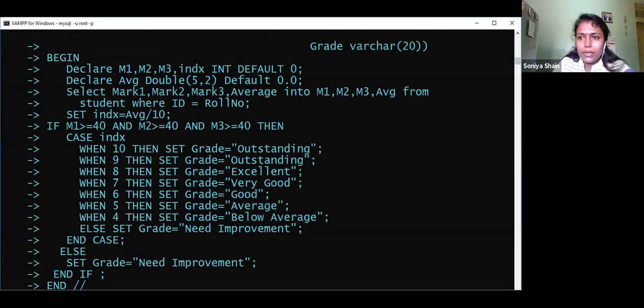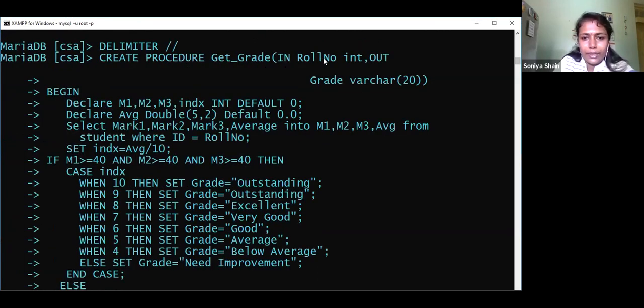So what is the program here? You are getting the same roll number and returning the grade. It is the same else if program I have done, but instead of the else if ladder, I used the case for the grade. And one more thing you have to go through here is the grade. First I am going for the execution of a set of values. For example, I am planning to check the conditions 10, 9, 8, 7, 6, 5, like that. I am going to check the conditions. So for that, one change I have made here is that the average I have to reduce, so the value is reduced within the range of 0 to 10.